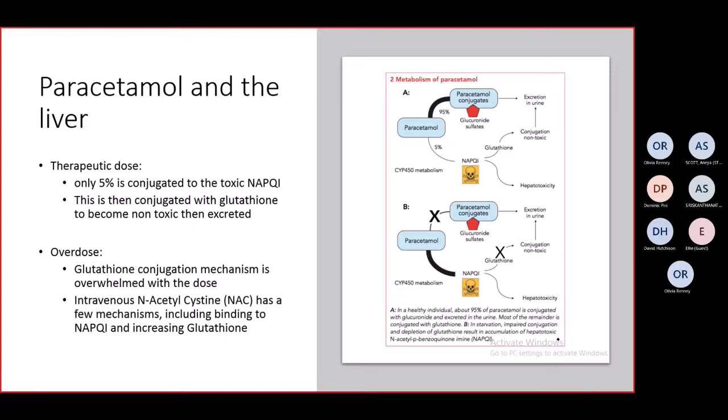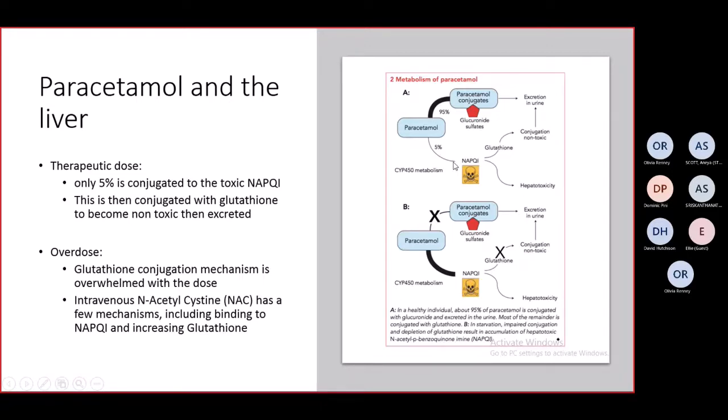Normally, when you take a nice therapeutic dose, so maybe 500 milligrams or a maximum of a gram, it goes down this nice pathway in the liver, where it's conjugated and then excreted in the urine. A very, very small amount of paracetamol, via cytochrome P450 metabolism, is converted into NAPQI, which is a very toxic substance, but it's not that much if you have a therapeutic dose. It's conjugated with glutathione and then excreted, because by conjugating it with glutathione, it does not become toxic. If you have too much, it will lead to